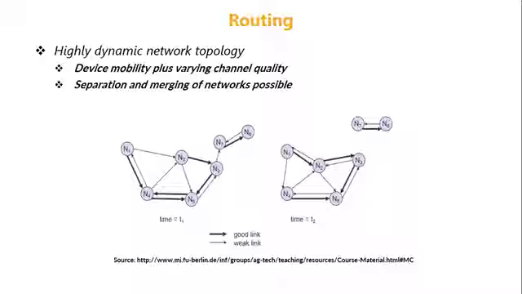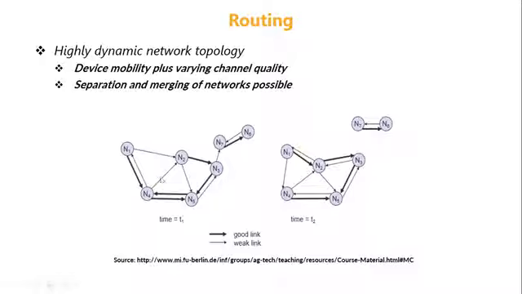Each node must be able to forward data to other nodes in an ad hoc network. And the network will be very dynamic. It will keep changing from one time to another. It may not be the same for a constant period of time.